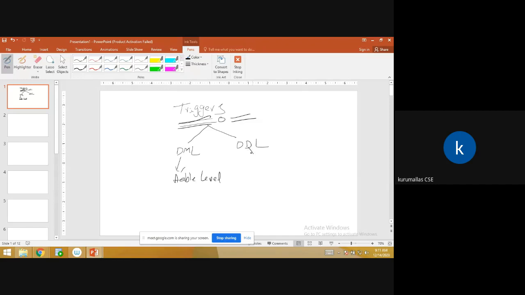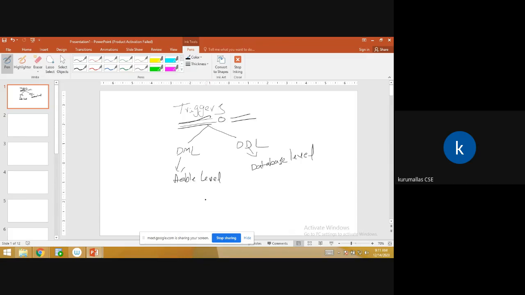Data definition language triggers are database level triggers. So we have two types, table level and database level. In table level we use DML commands, and in database level we use DDL statements.